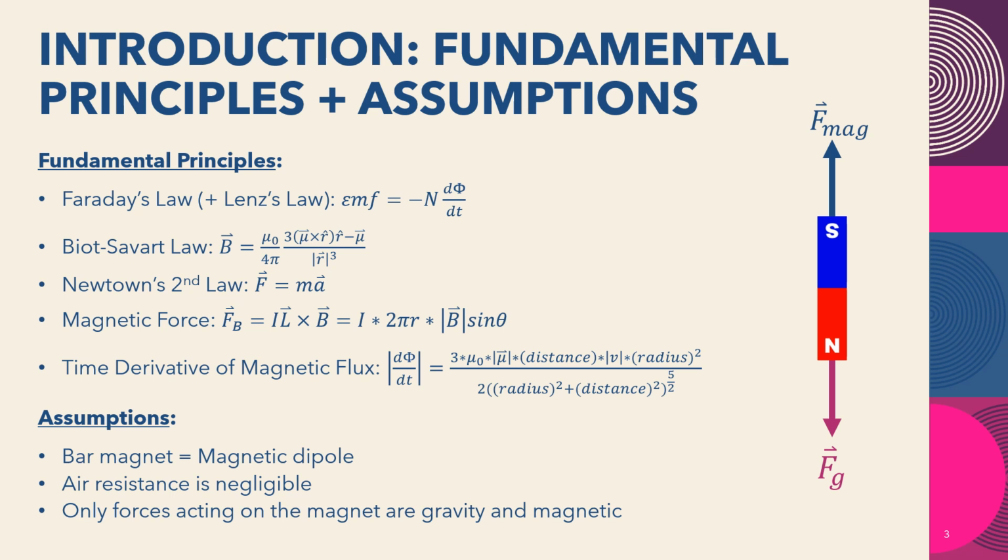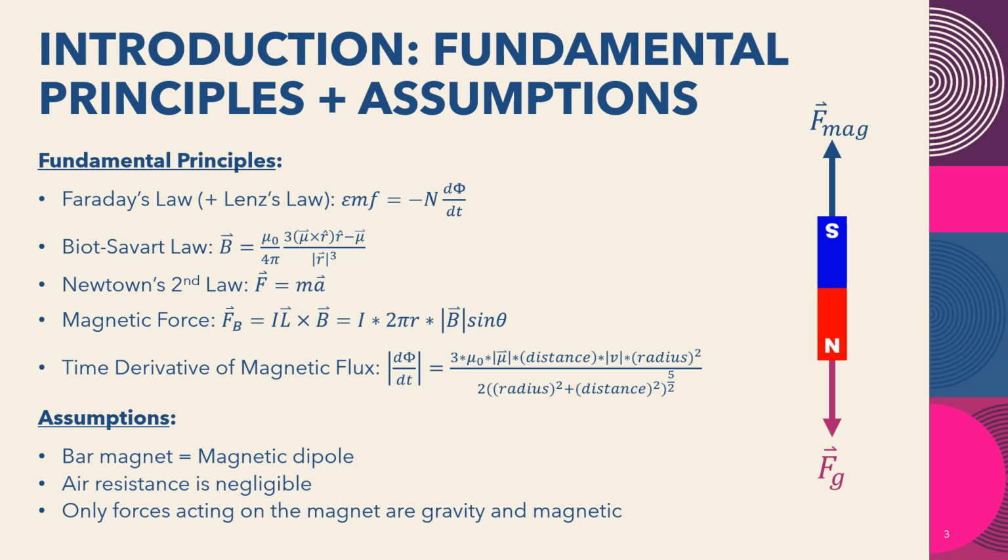Since we are treating our tube as multiple stacked rings for the computational model, we will use this specific equation of magnetic force to determine the magnetic force of a ring acting on the magnet. Lastly, here's how we will calculate the time derivative of magnetic flux in the computational model. As for the assumptions, we assume our Bauer magnet can be treated as a magnetic dipole. We will also assume that air resistance is negligible, so the only forces acting on the magnet are gravitational and